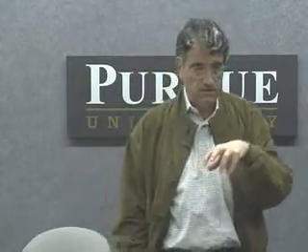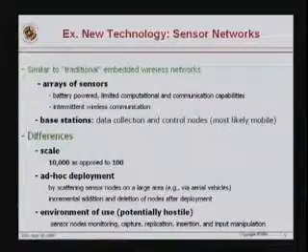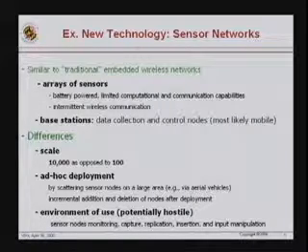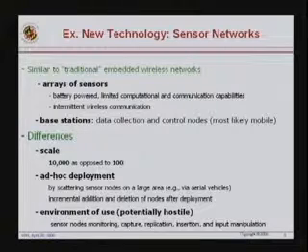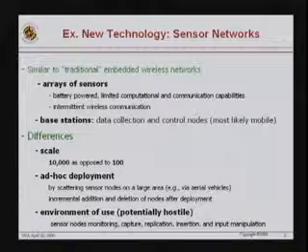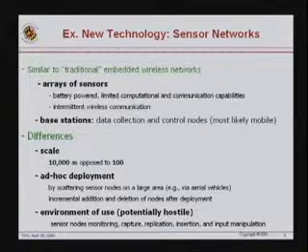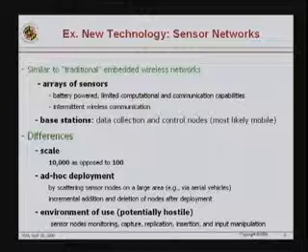Now, in terms of the sensor networks that I'm talking about here, there are some differences between the new sensor networks and the old ones. What are the differences? One is scale. Imagine an array of sensors that has 10,000 nodes as opposed to 100. Also imagine that these 10,000 nodes are deployed in an ad hoc manner as opposed to a pre-planned, location by location deployment. So for example, these sensors could be scattered on a field completely randomly.